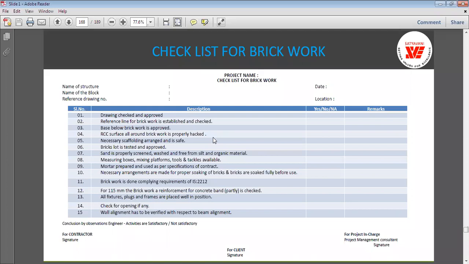Alignment of the column with respect to the brick wall, alignment of the beam with respect to the brick wall, it should be verified with respect to your structural elements. That is alignment of wall with respect to column and beam position. It should be perfectly and exactly done. Exactly executed. There should not be any error of even 1 or 2 mm. That is the accuracy that your seniors are expecting from you, so you need to focus on that.